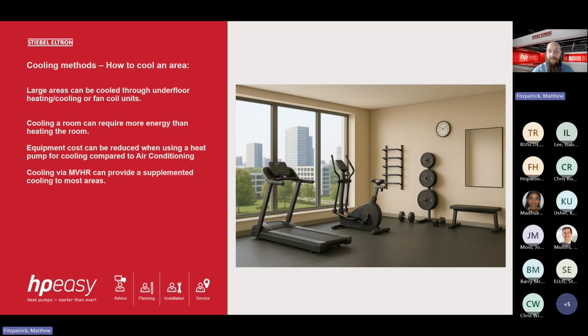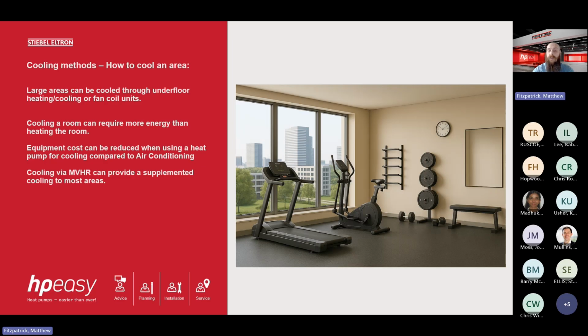When I say it's cool, if you were to take your shoes off and put your feet on the floor, it wouldn't feel like standing on a cold tiled floor in the peak of the heating season in an unheated room. It is more of a cool ambient temperature. Again, we addressed this before, but cooling can require more energy than heating. So if the cooling output of the underfloor isn't sufficient to cool that room, we can introduce fan coil units,